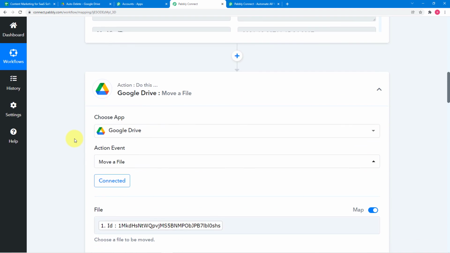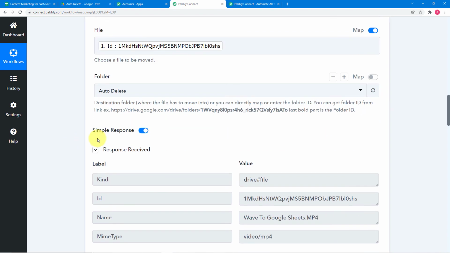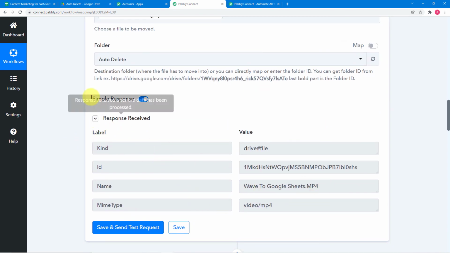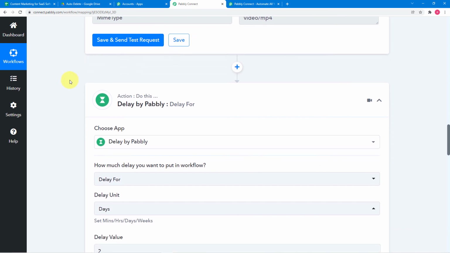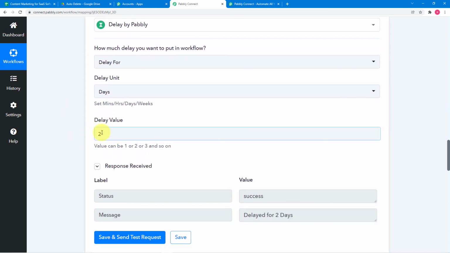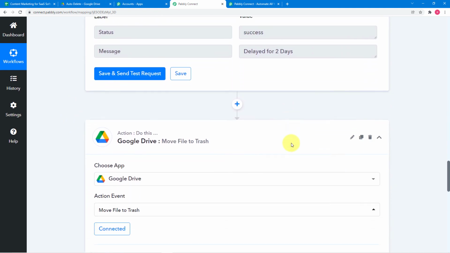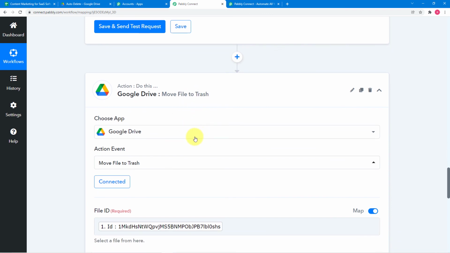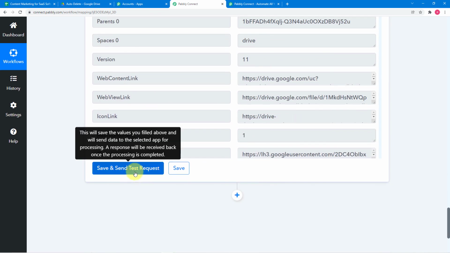After that, I connected my Google Drive again to move this file to a particular folder. Okay, so I've selected the folder and moved this file to this folder. Okay, after that I applied a delay because I want to keep this file in this folder for 2 days. So in the delay, we selected the 2 days value, and the workflow is delayed for 2 days. Now in another action step, I have connected Google Drive again because I want to delete this file after 2 days. So here we map the ID again,